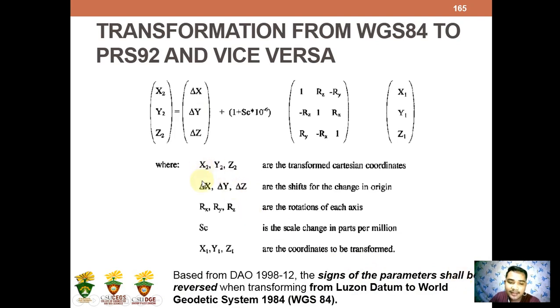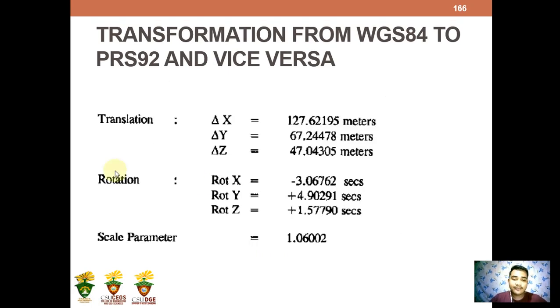Like for example, sa shift or the translation, i-change na to na siya. Then the rotation atong i-change, pati ang scale atong i-change ang sign. Of course, dili ma-change ang coordinates, kay given coordinates kay mao magid atong gusto kuhaan. So dili ma-change. Ang tanan parameters lang, the 7 parameters must be reverse ang iyahang sign. So these are the given